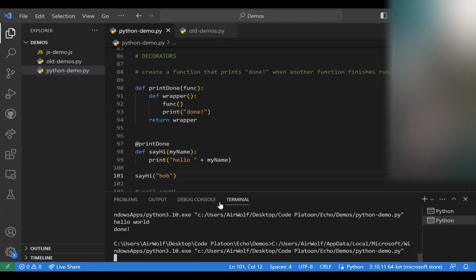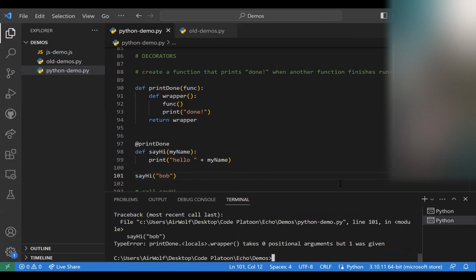And just to prove that to you, let me run this real quick. As you can see here, it says print done dot locals, where this is a local function within print done dot wrapper, takes 0 positional arguments, but 1 was given. What on earth is a positional argument? A positional argument here basically just means the thing that I'm putting into this function. I haven't said that wrapper is going to take in any arguments, so it can't pass any arguments to func,